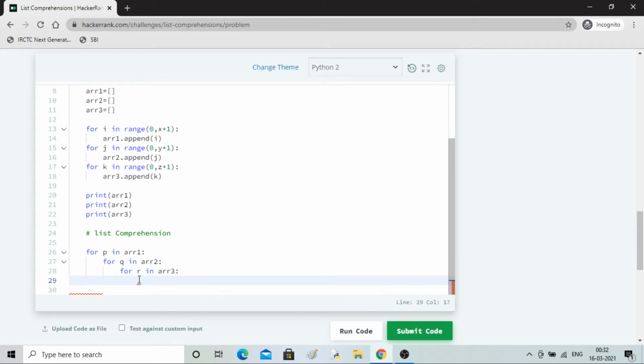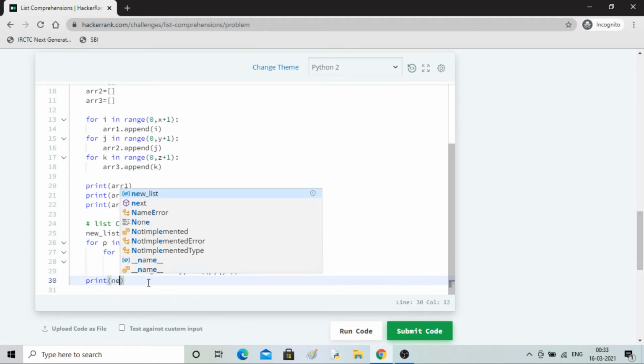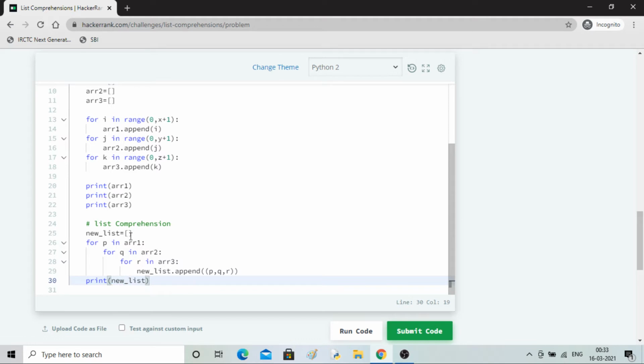And I'll make a new list here, new list equal to this, and I'll store everything in the new list. I'll append all the values of p, q, r, in brackets, p comma q comma r. And to show you guys, I'll print the new list.